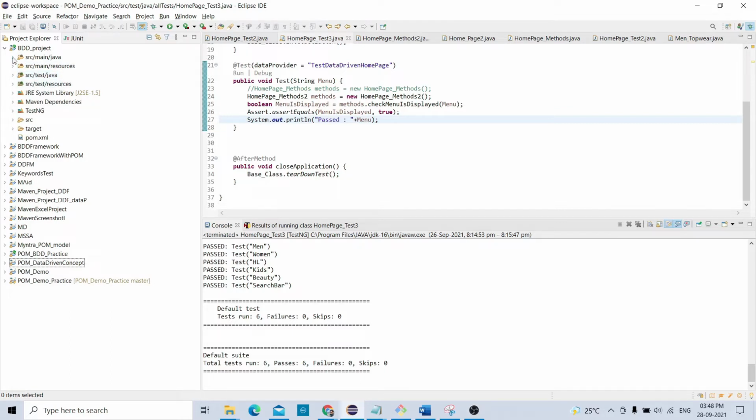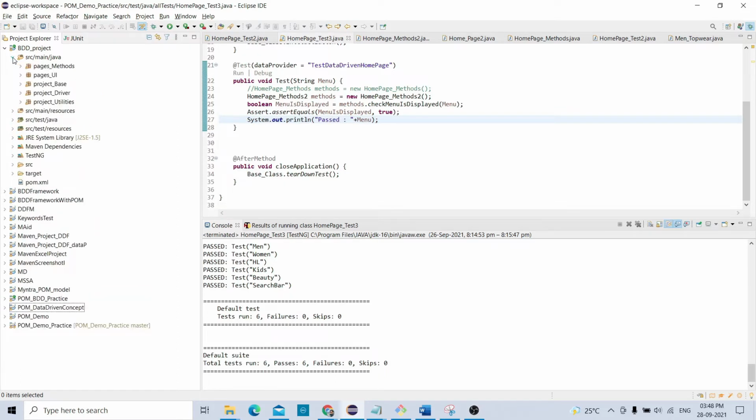The first location is src main Java. In this part we are going to store all the code related things. All the code related files will be stored here in src main Java.